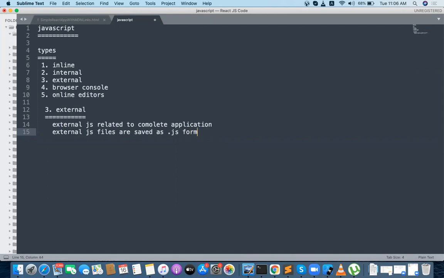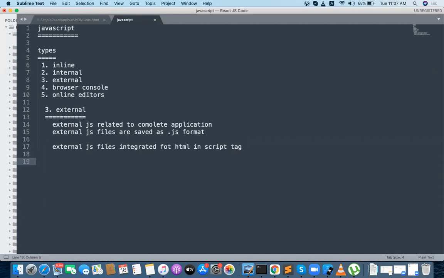The .js format is very important, and external JS files are integrated into HTML in the script tag.